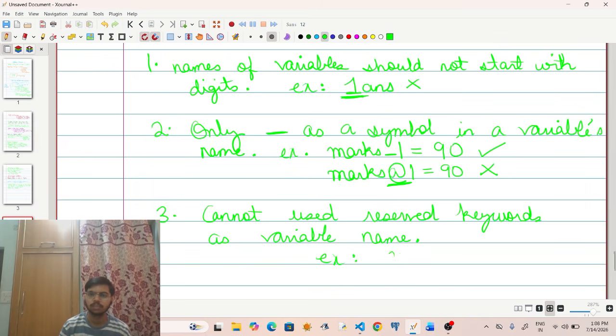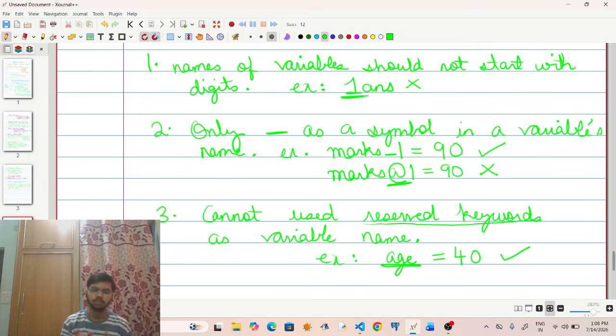See, age is equals to 40 is a valid name because there is no such reserved keyword such as age in Python programming language. What exactly are reserved keywords? They are basically words which have a particular fixed meaning which the interpreter will understand in the Python language.